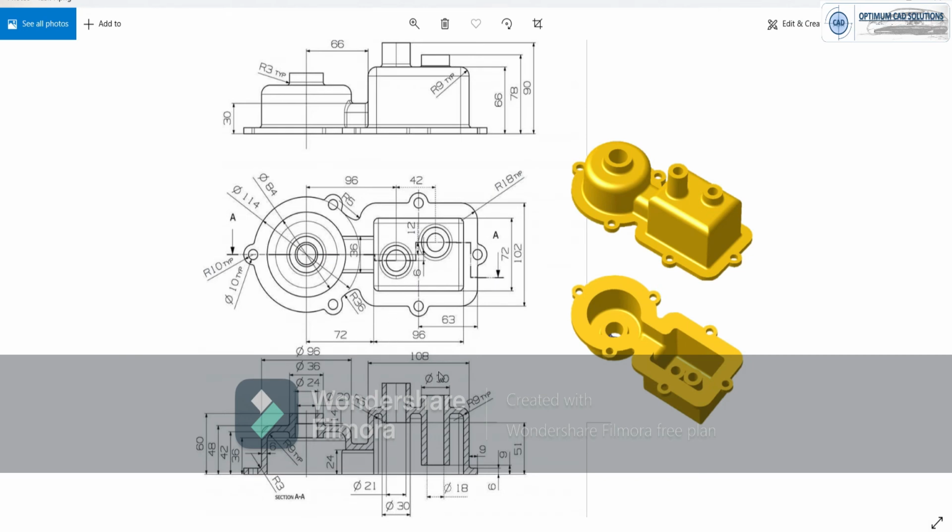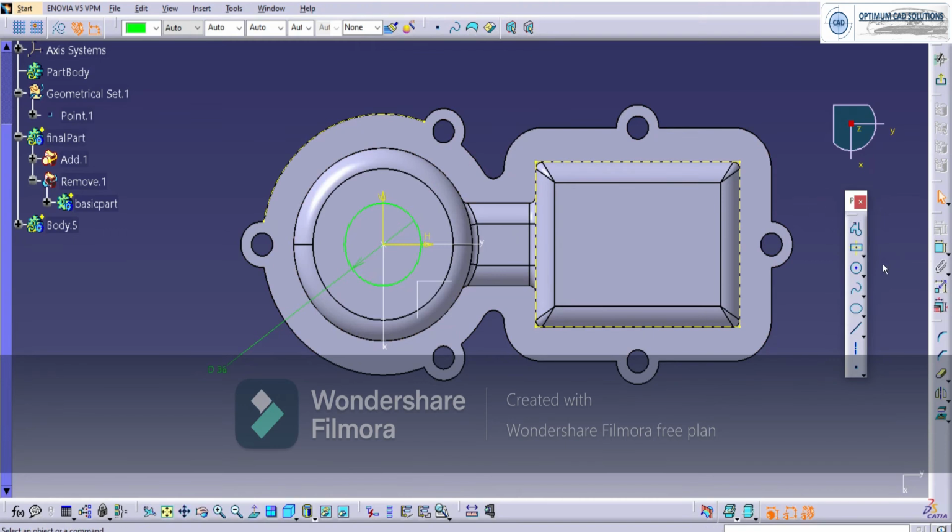And here at the rectangle section there are two cylinders. So we'll take the dimensions of them also.